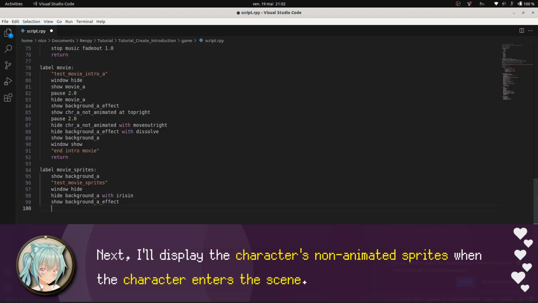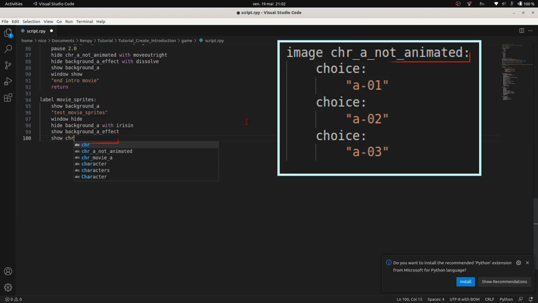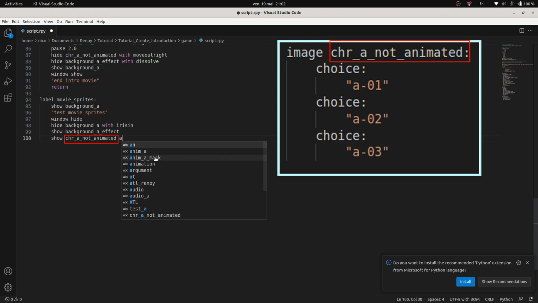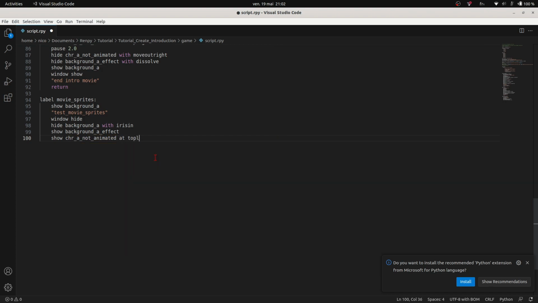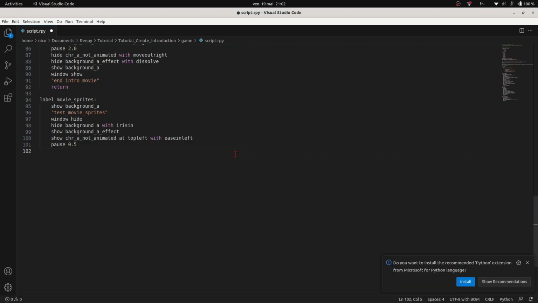Next, I'll display the character's non-animated sprites when the character enters the scene. Once the character has appeared on stage, I will play the character's movie sprite.